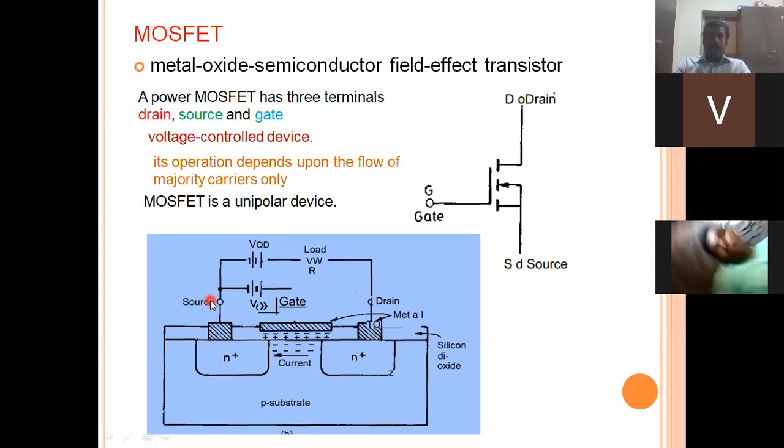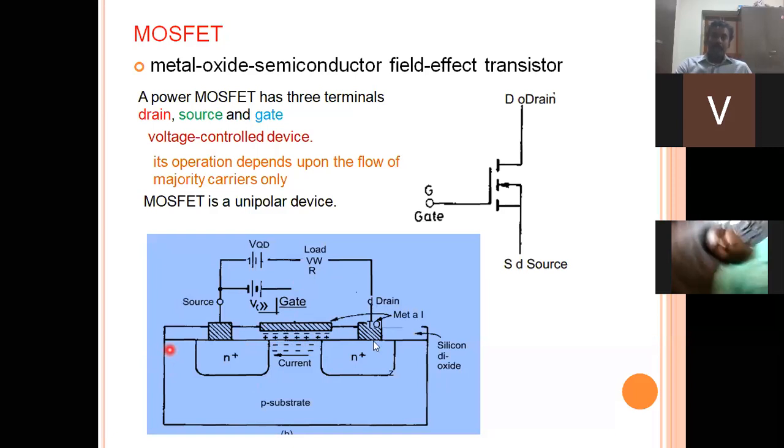Okay, one point to be remembered in this case is, if we increase the intensity of the gate current, then the field developed here is also going to be enhanced. Whenever the field enhances here, the charge transfer capacity is going to increase. That means the current handling capacity is going to increase. You can observe that from the characteristics of this MOSFET.